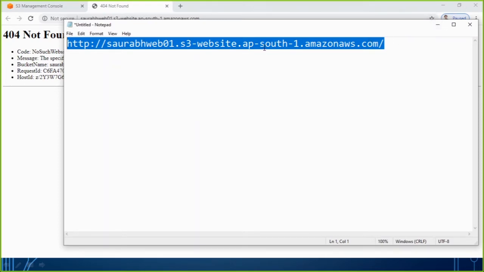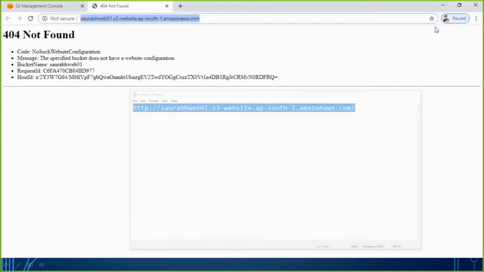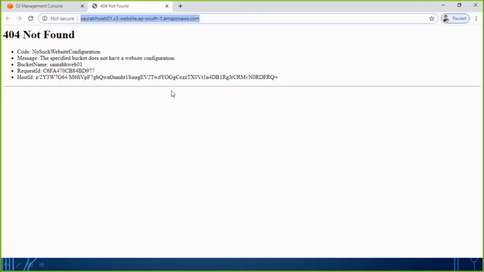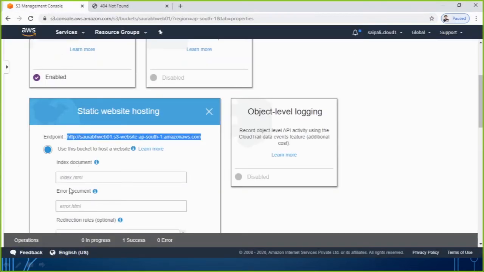If I share this with anybody, they will be able to access or visit my website by using this URL. So let's have a look at this point now. We have to type here the first task, that is the index document name, meaning that it is asking you what is the name of the file in your bucket which is going to help it display the website.